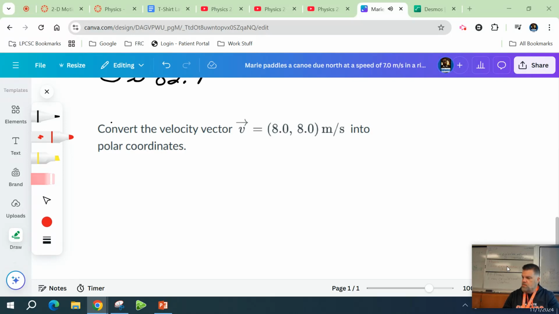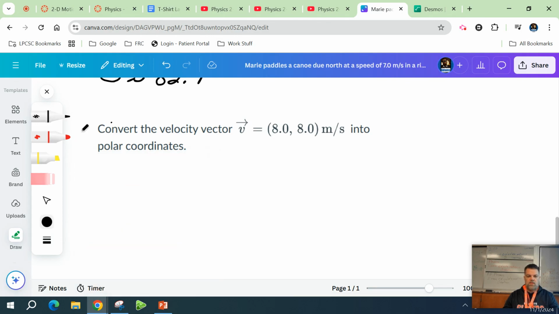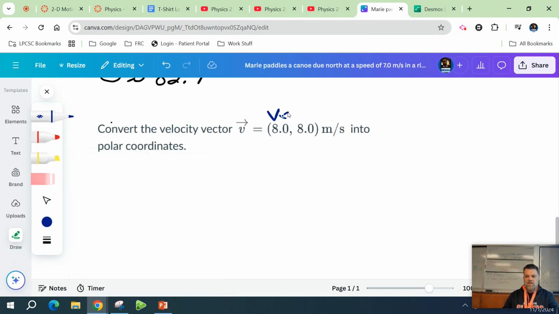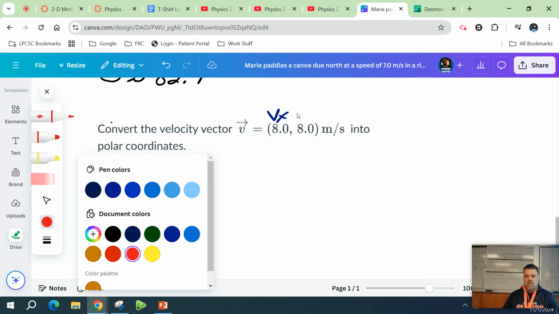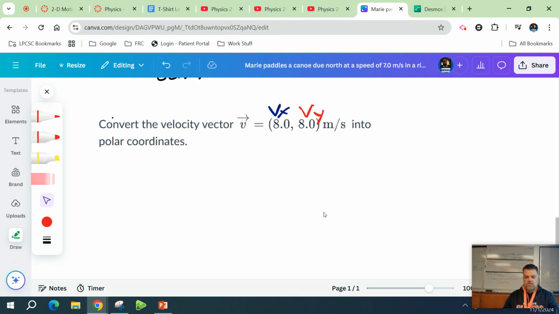All right, so for this one, remember, guys, that this is breaking up the vector into its x and y components. So this is v sub x, and this is v sub y. So when we sketch that out, that's saying that my resultant vector